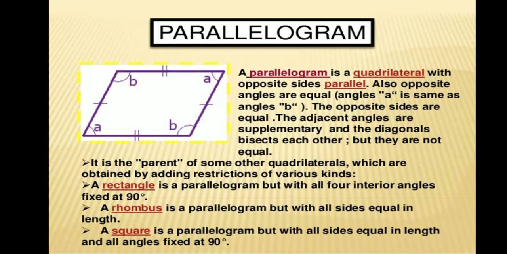Now the last quadrilateral I am going to discuss is the parallelogram, which is also your next chapter, chapter 16. A parallelogram is a quadrilateral in which the opposite pairs of sides and opposite angles are equal. Opposite sides are parallel also. Over here you can see that the sides and angles are marked. A and A, both opposite angles, are equal, and here B, the other two opposite angles, are equal, and its diagonals bisect each other, but they are not equal.